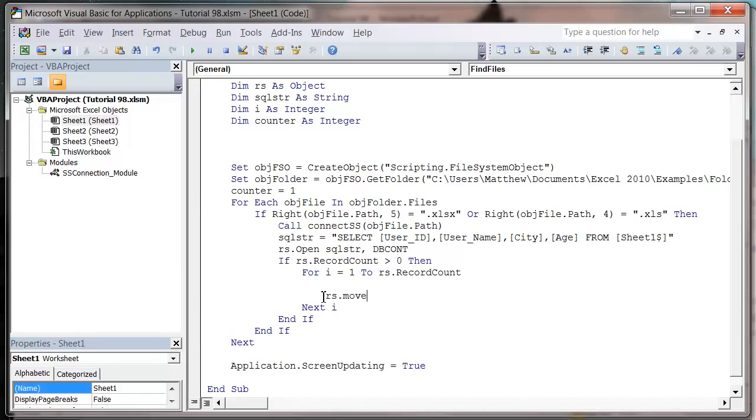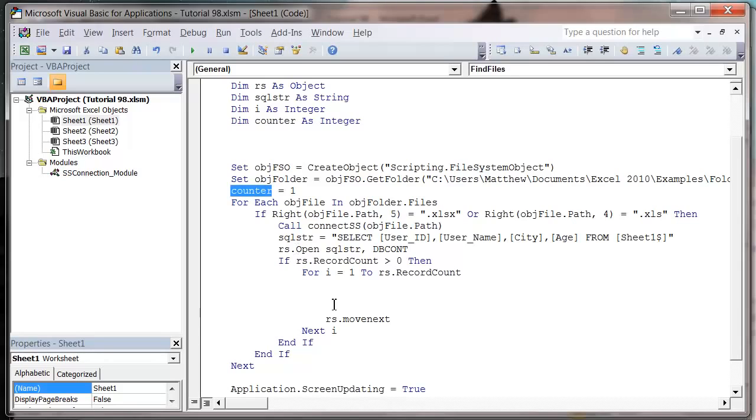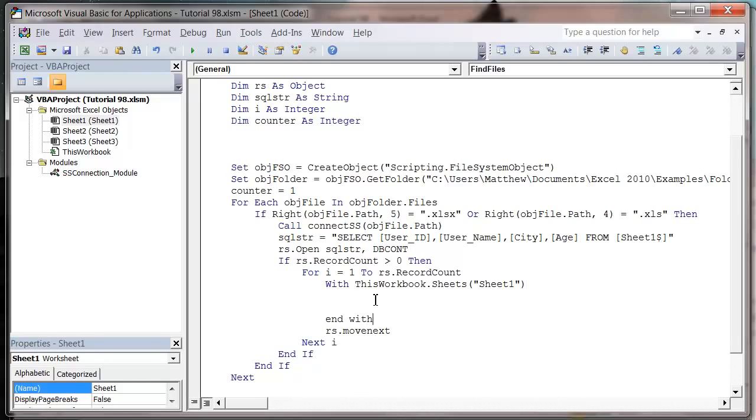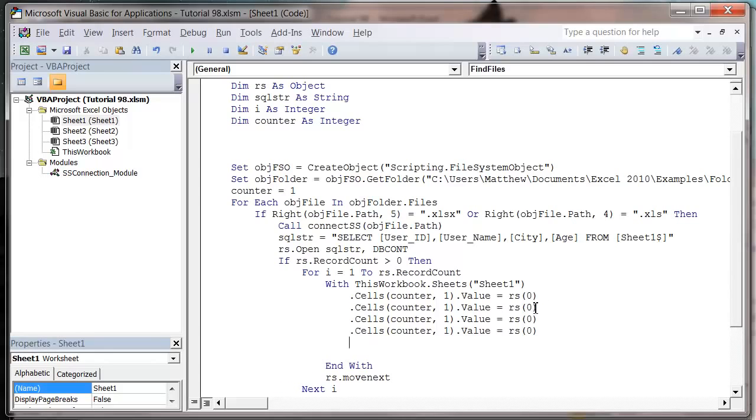So we want to do rs.MoveNext, and in between we just want to go for With this workbook dot sheets sheet 1 end with, and we want to do dot cells, and then counter comma 1 dot value equals rs 0, and then let's just copy this another 3 times, and we want 1 2 3,